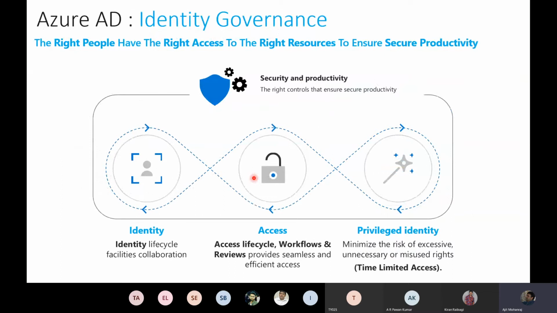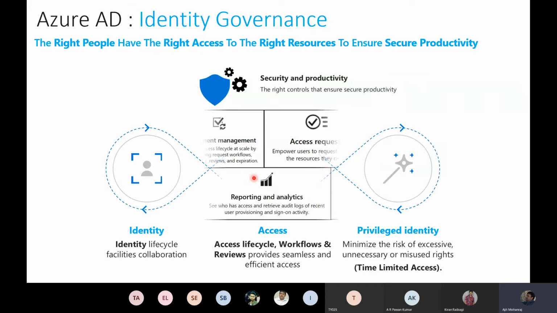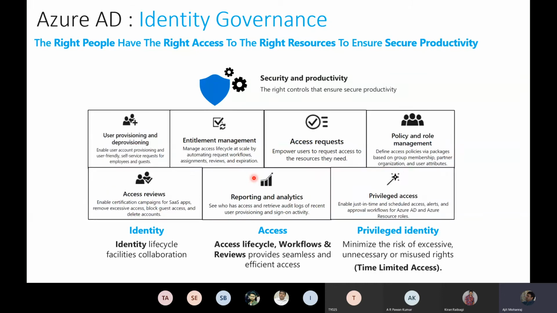Because if identity is the pivot on which we're doing things, the governance has to be solid. That's what Azure AD identity governance does. Whole lot of interesting things. I don't want to spend too much time, but essentially a user can self-provision guest accounts when people come in. If I'm a project manager and I have to enable 5 guests, I can quickly ask for those accounts to be created.